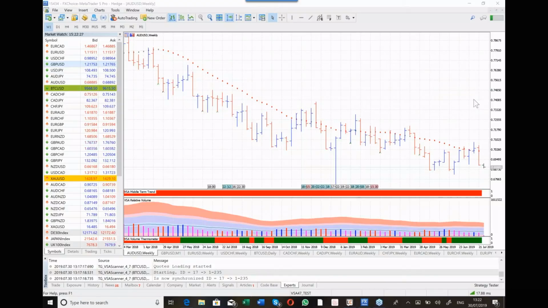Why is that a good setup? Well, simply because when you see this type of bar, which happened last week, what we've got here is a clear rejection of price. So what do we want to do now? What we want to do is go down time frames.